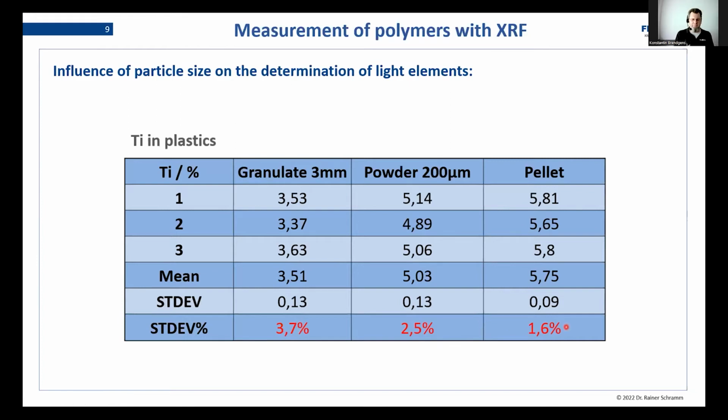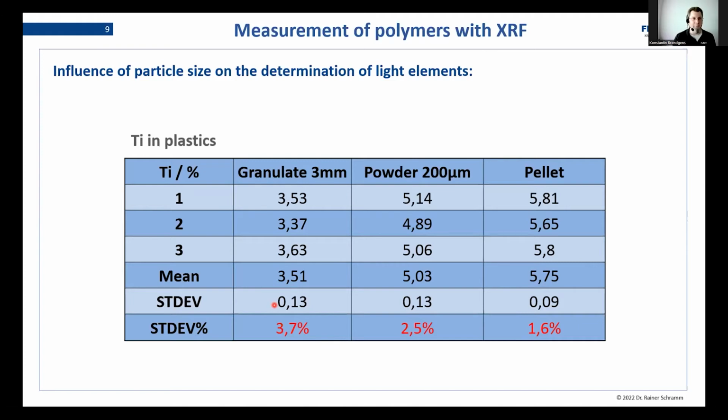This is following the usual rules of sample preparation and X-ray, in order to have the most repeatable measurement situation possible. You want to have a homogeneous sample, and a granulate is not exactly that homogeneous because of orientations and a lot of